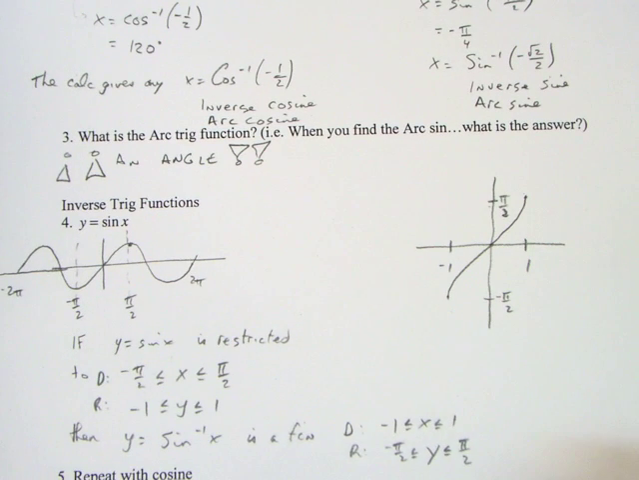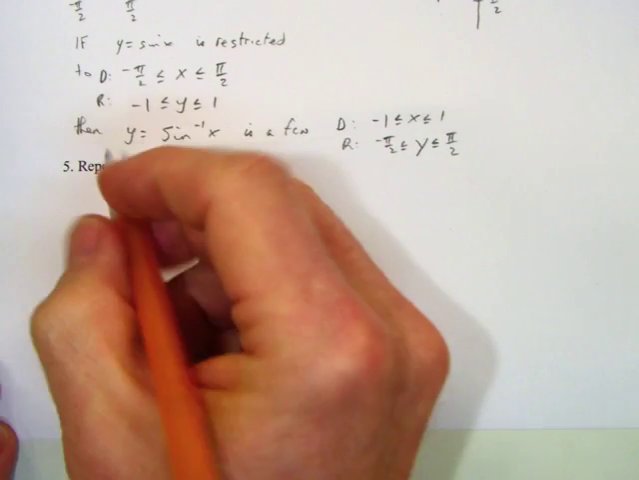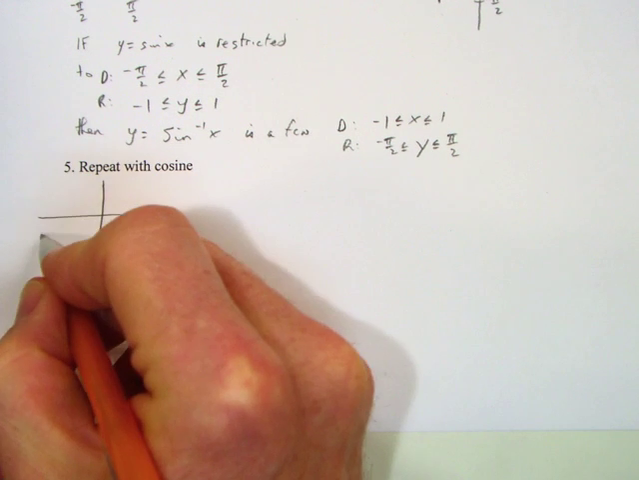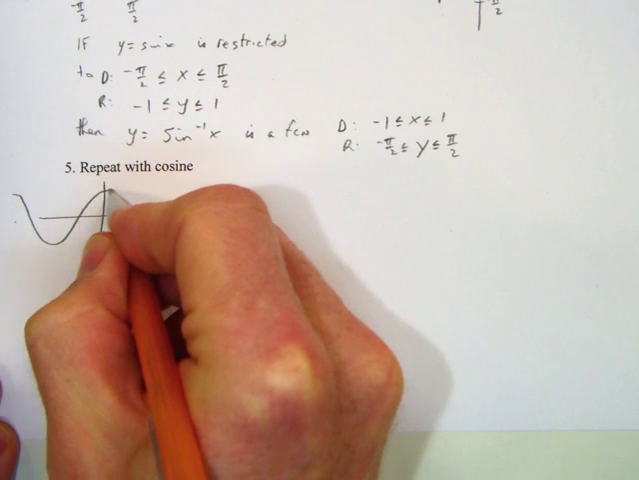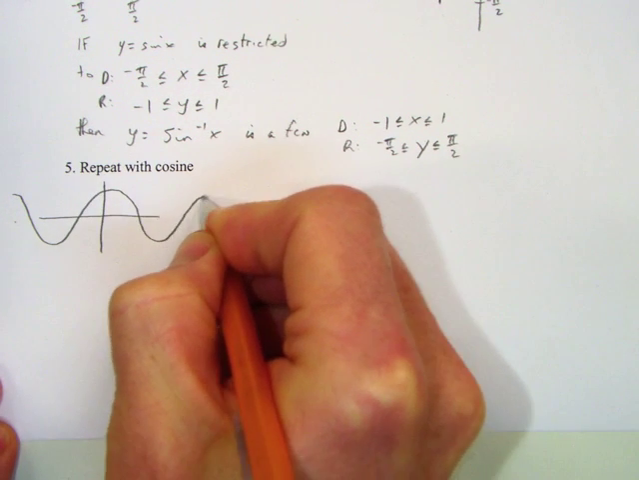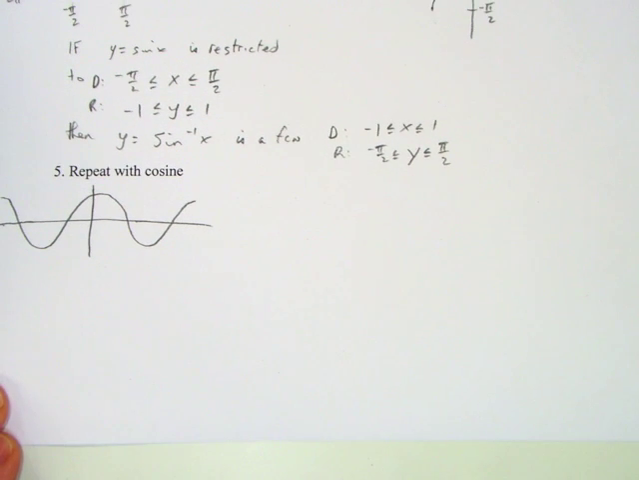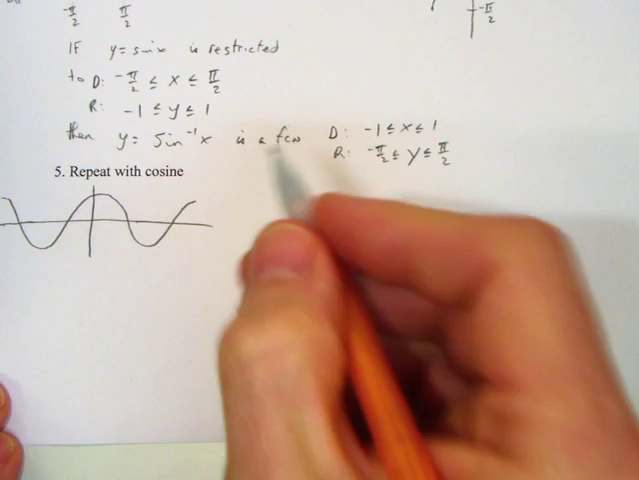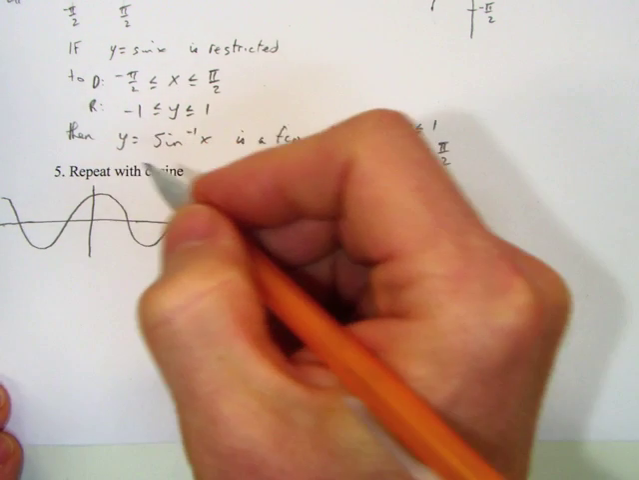Let's repeat this and do the same thing with cosine. Now let's start with y equals cosine x. Cosine x looks like this, and then what do we have here? Does it pass the horizontal line test? No, it doesn't have an inverse, so we're going to have to restrict the domain, and we're going to include